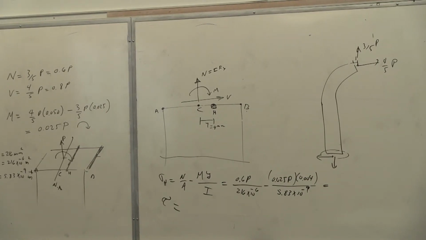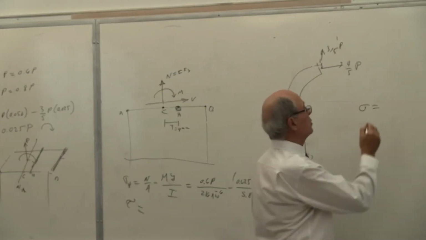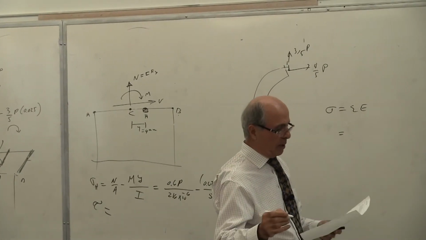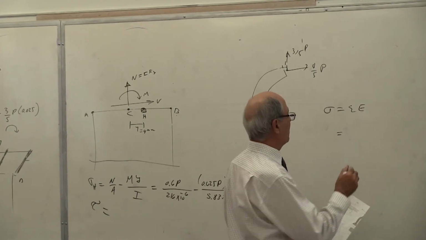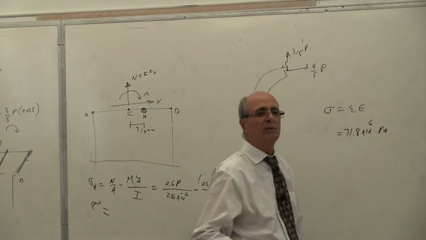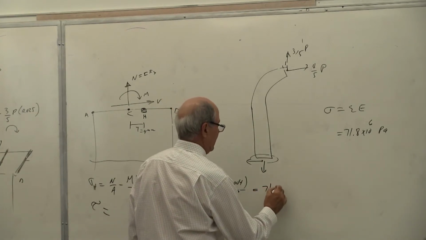Sigma is epsilon times E. I want you to learn something new for future. I put a P there symbolically, but when I read the strain gauge, is it plus or minus? Plus. So every one of you calculates sigma at that point, equal to epsilon times E. Is that correct or not? But when you do that, sigma ends up equal to how much? Many of you did it correctly. Some of you had problem with that. It becomes 71.8 times 10 to the power of 6 Pascal, which is Newton per meter square. So you put that one here, and you solve for P.